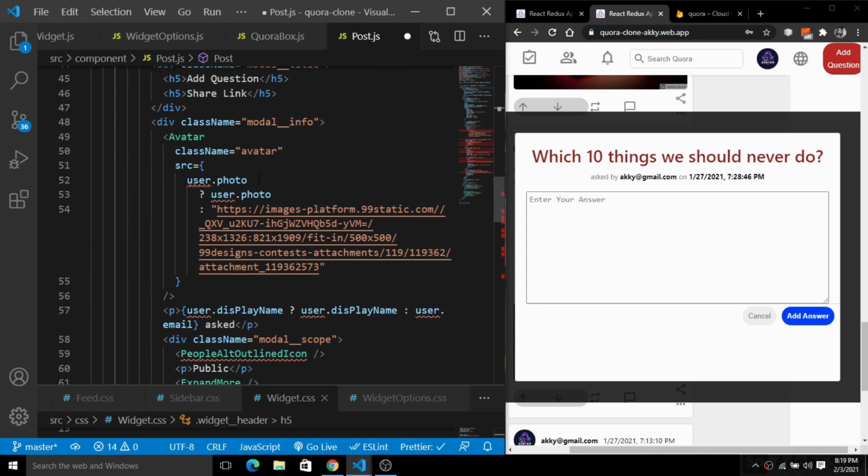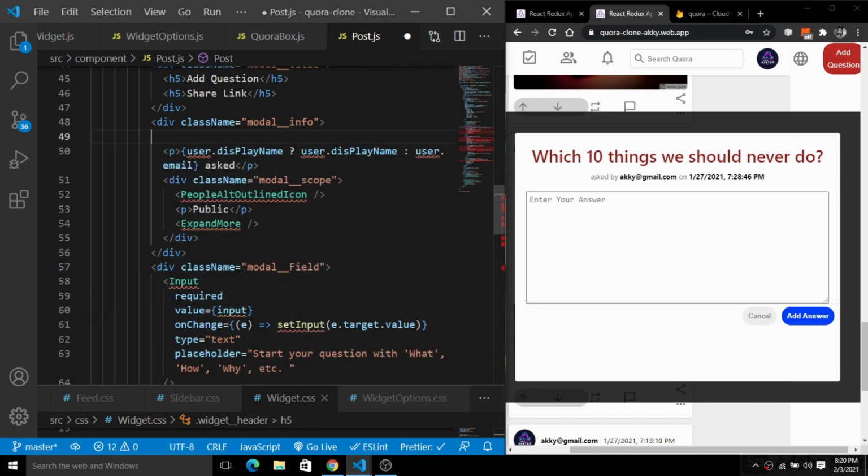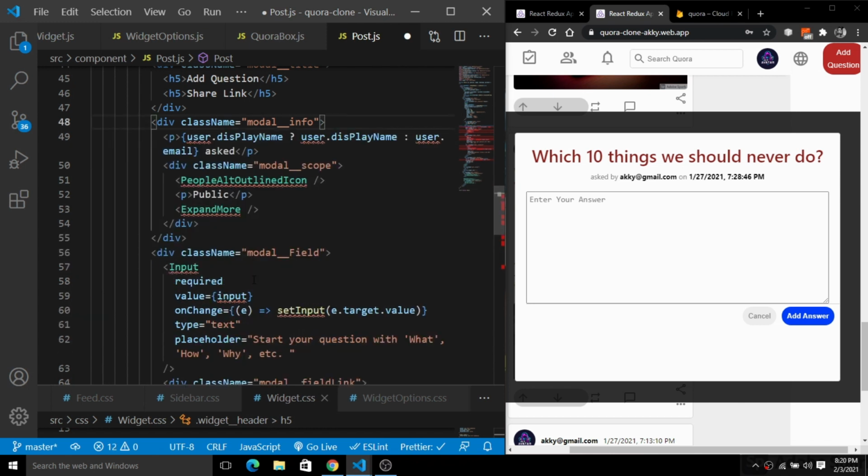Next we have this source for the user.photo and all these things here. You guys can see we have this question here instead of these things here. So we have this question, and the user who asked the question, or the person to whom the question is asked. How will we do this? Instead of this avatar, grab this avatar here, remove this first of all. Here we will grab these things also from there, because we have the modal there.